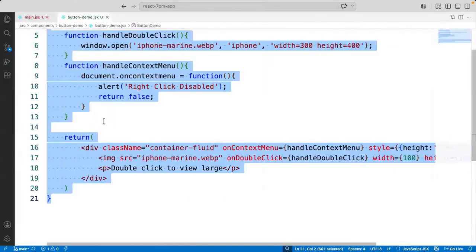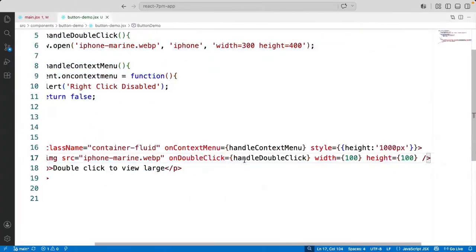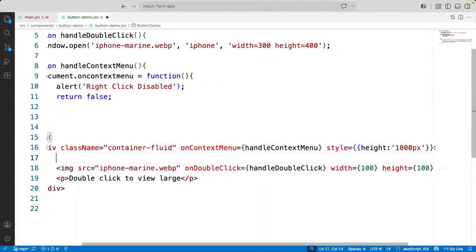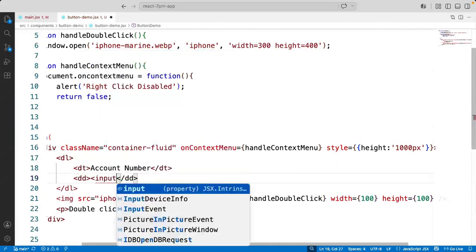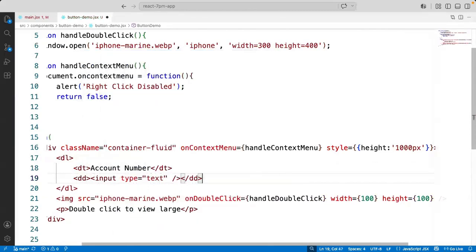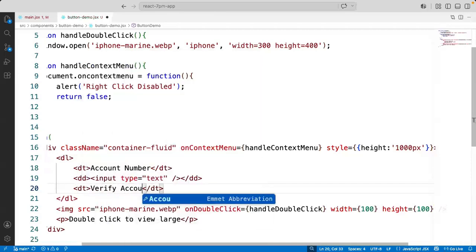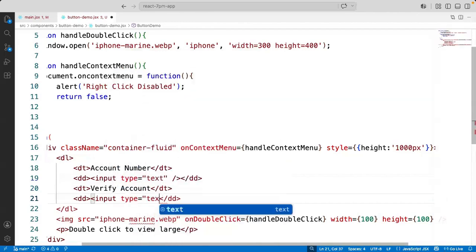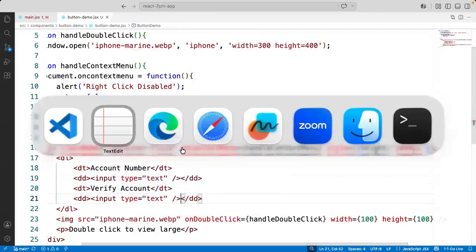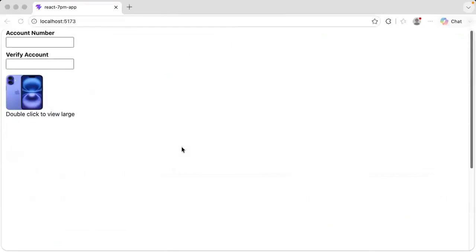What is the try? You put it here. Account number. So we have an input of type text, and we have verify account. Now what I want you to try here is the account number. We are entering some account number, and generally people try to copy it